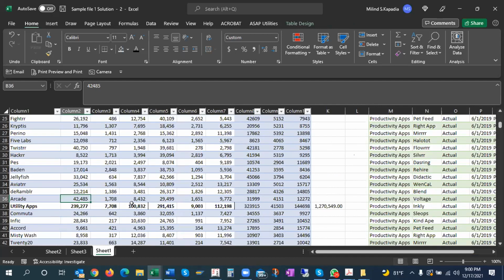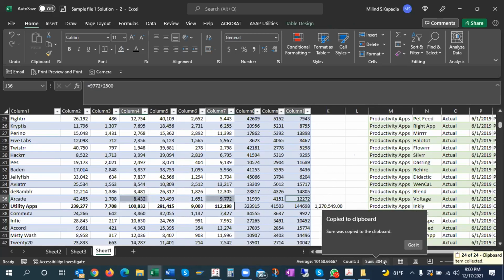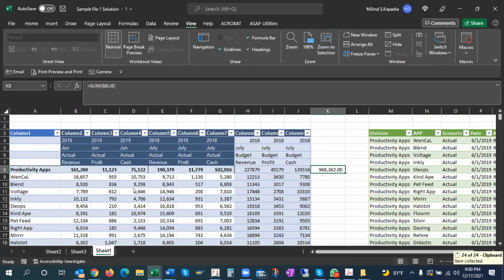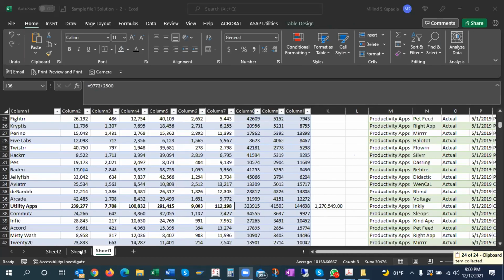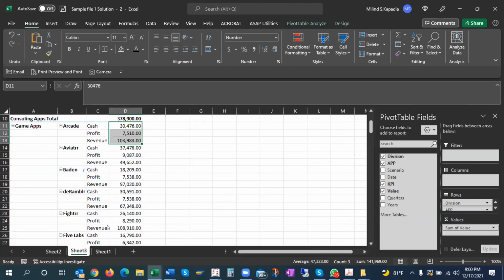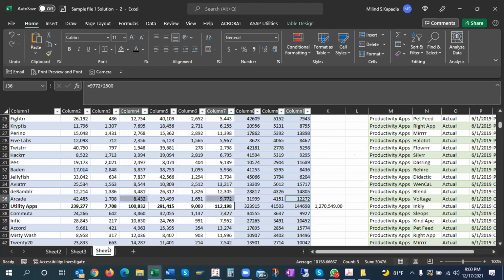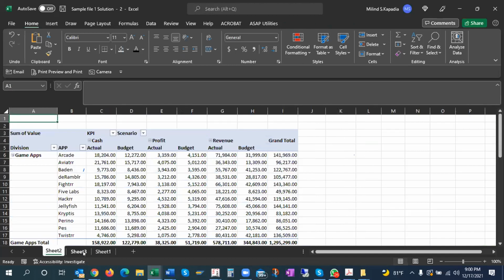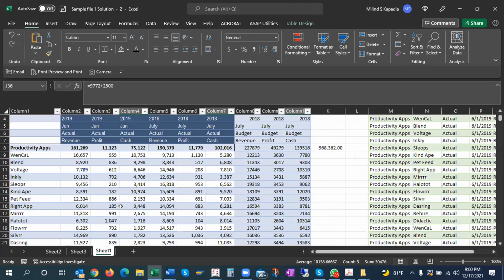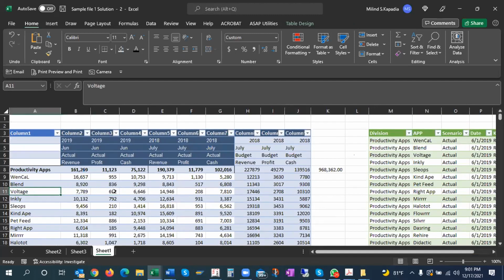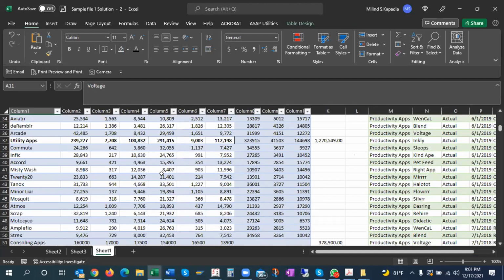So arcade is this one plus this one plus this one. 30,476, which is appearing here. 30,470. I hope it is clear. So such shabby data can also be transformed in a pivot table, and we can automate this.